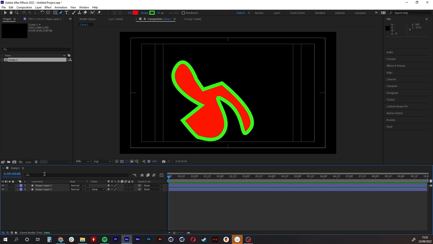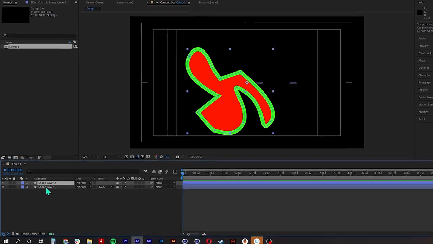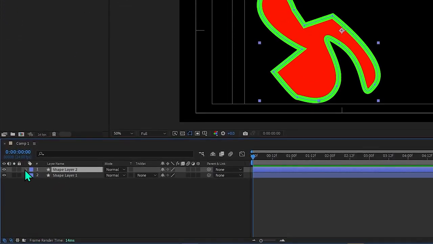So this is a shape layer. This is a shape, and I've given it a red fill, and it's got a green stroke. So the stroke runs along the actual path, and the red fills the inside of the path. So if I click on the shape that I just made, and press this little arrow on the left of